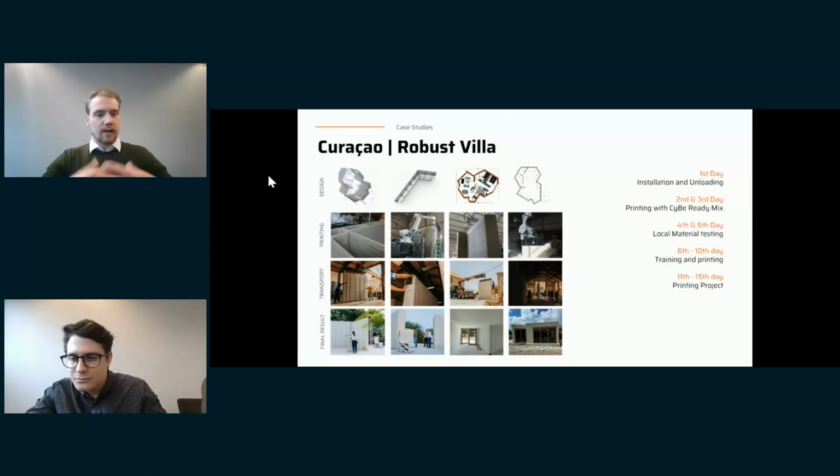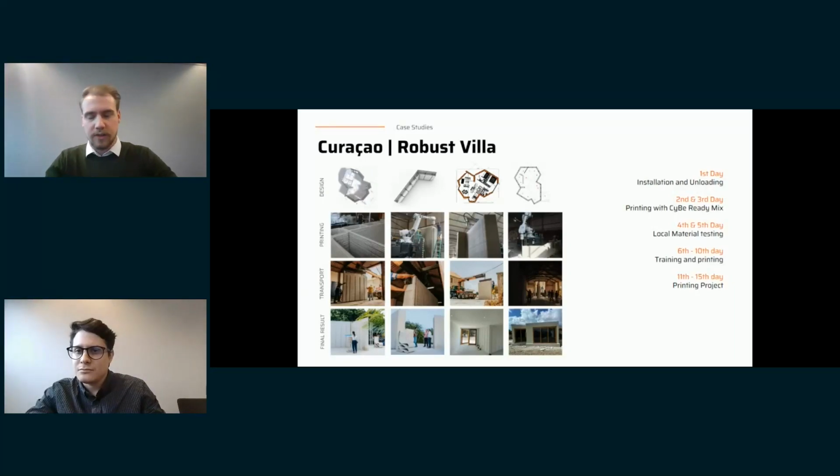Because, of course, when the printer first arrives, let's say you're a customer and you bought a printer of ours, and immediately after this printer arrives, you want to start making money using it. So you want to start on your project. And what you see on the right is how that would look if you would go through local material development.